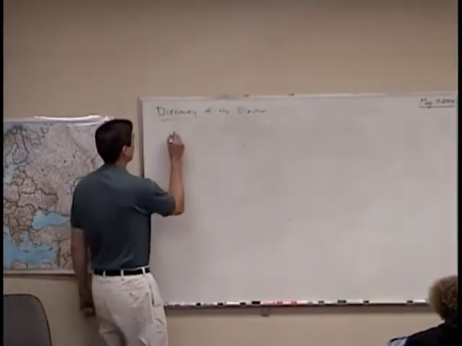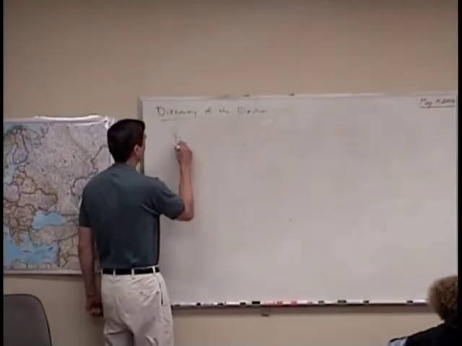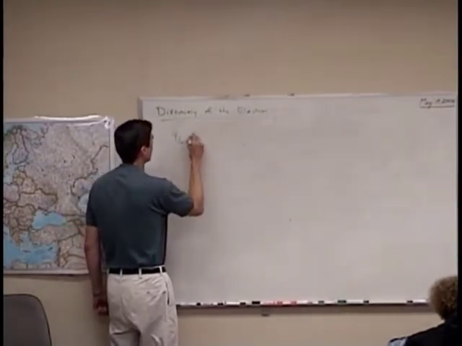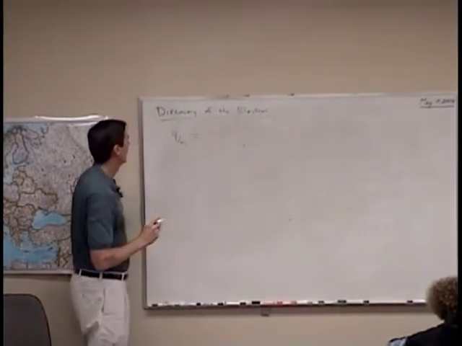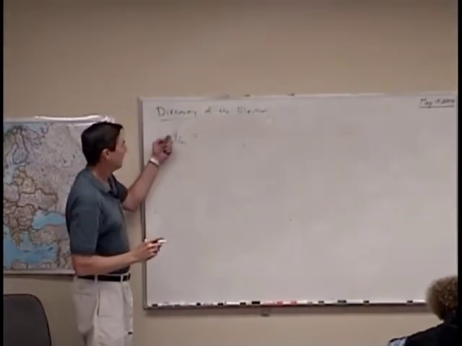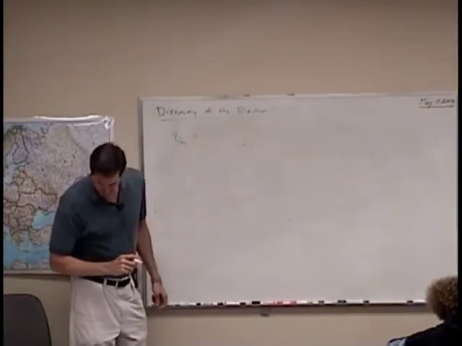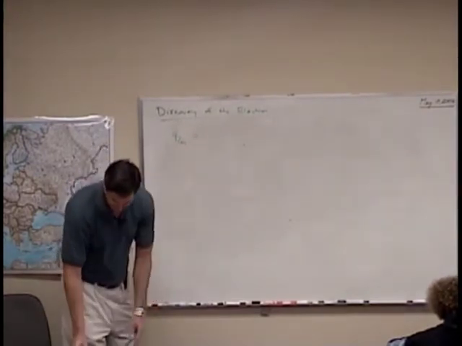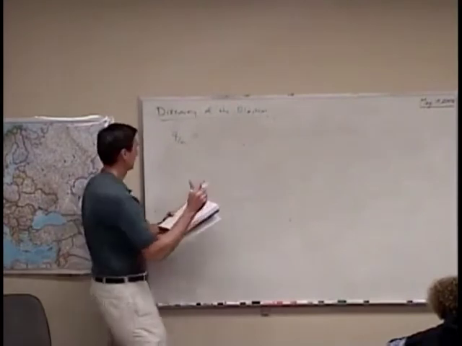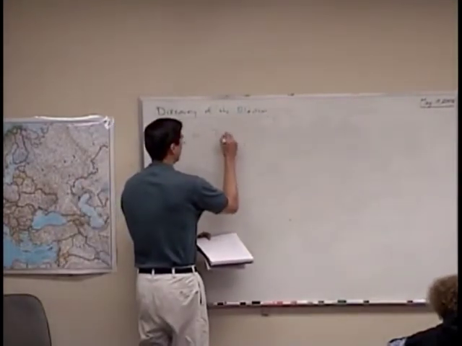Let me write it down again in all of its glory. Thomson had shown that the ratio of the charge of the electron to its mass is given by 2